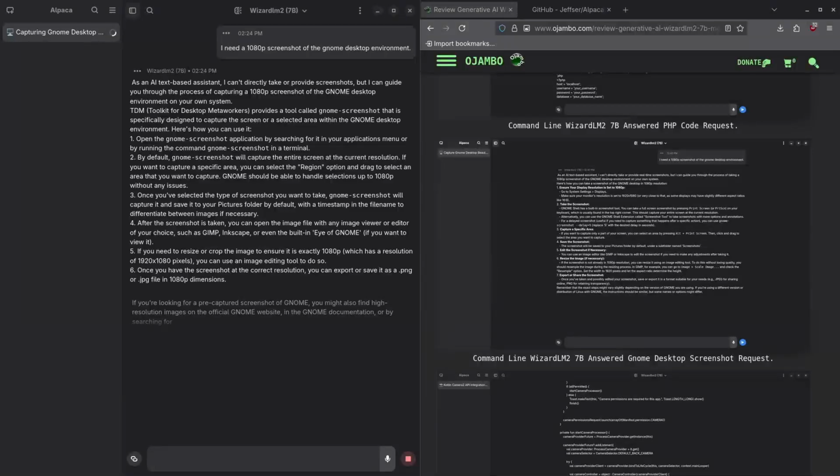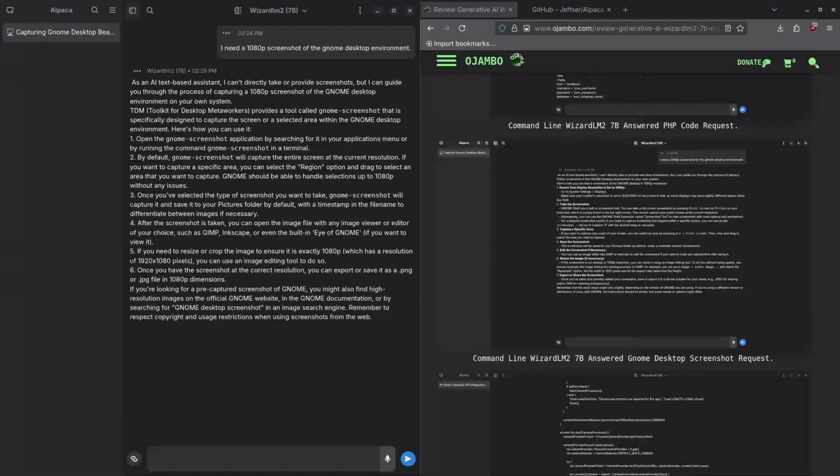I'm not even sure if any of this works because I don't even know what TDM stands for, the Toolkit for Desktop Meta Workers. This could be an old answer, it could be a new answer. It doesn't know what version of GNOME I'm using. I could be using a very old version of GNOME, or I could be using the latest version, which I am, the latest stable release. So with that said, I'm going to fail this, although yeah, this might be correct,